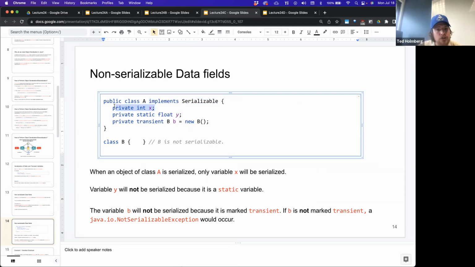Well, we have an integer, so we know an integer can be encoded. A float can be encoded as data fields with a has-a relationship. Both of these also implement Serializable. And let's say we have B here, and let's look at this. B does not implement Serializable. So we would not be able to